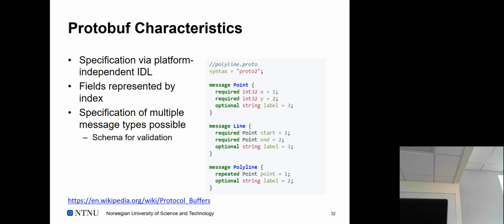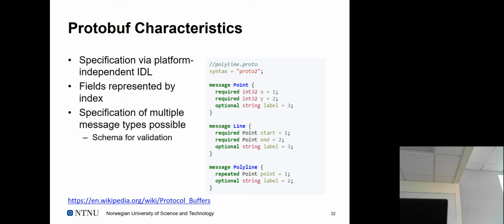Interface definition language. Basically, it's an abstract language to define interfaces, right? Which is often specific to particular problems. For example, in Android, for inter-process communication, you specify the interfaces in AIDL, Android Interface Definition Language. They're always different. It's not the same thing all the time, but their purpose is clear, that they abstract from the programming language while describing the interface. And the Protobuf one is this one here.